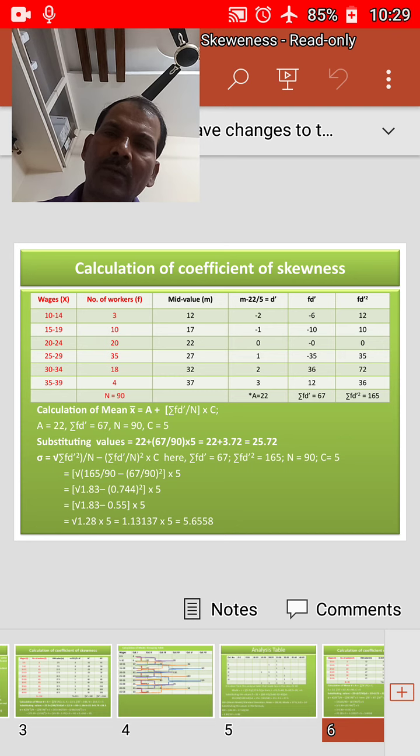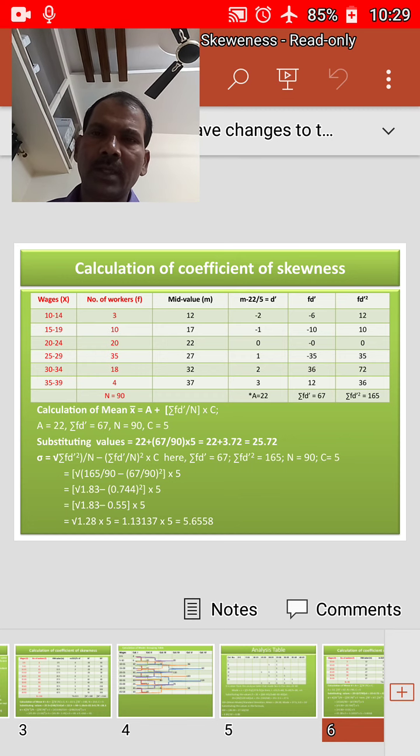In the same manner we will get (15+19)/2 = 17, (22+24)/2 = 23, (25+29)/2 is 27, (30+34)/2 is 32, (35+39)/2 is 37. Okay, now we need to